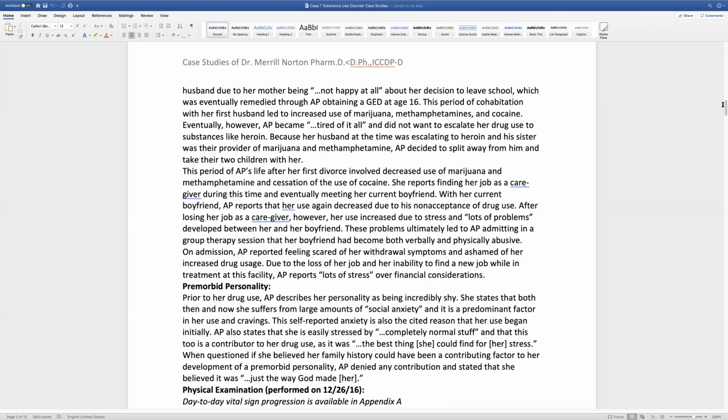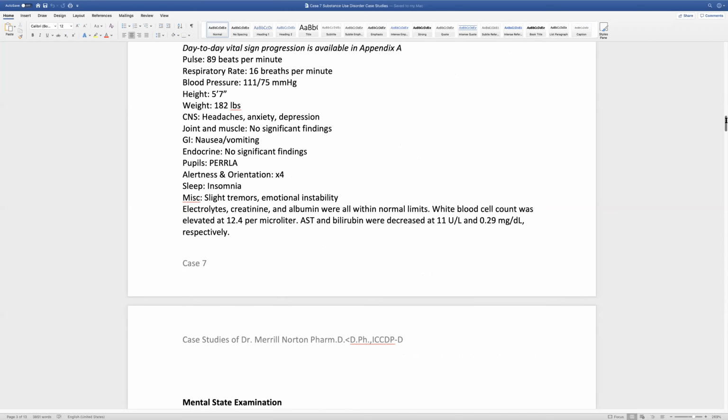But when we talked about this premorbid personality, part of that came from an overwhelming shame and guilt that she had from using marijuana and meth during pregnancy, which are some of the worst that you could use. One had a cleft palate, not bad, but very repairable. But we had slow cognition in the youngest one. And the oldest one was hyperkinetic. And when all of that started to come about, it was, what do we do?